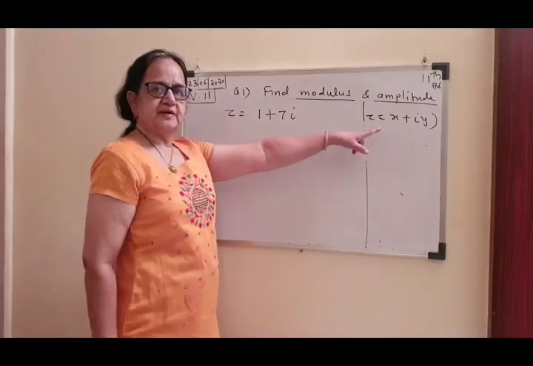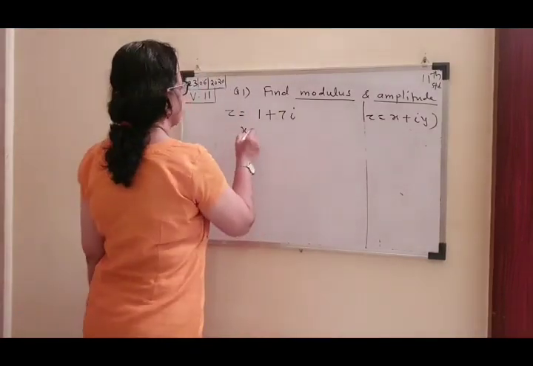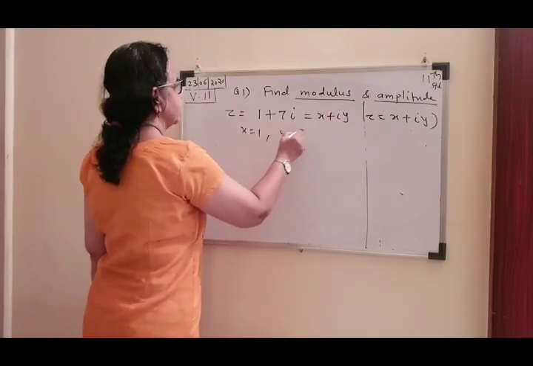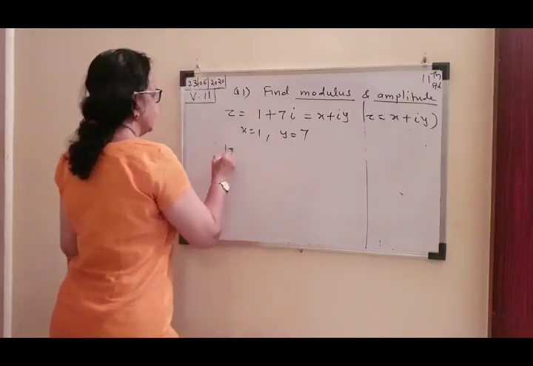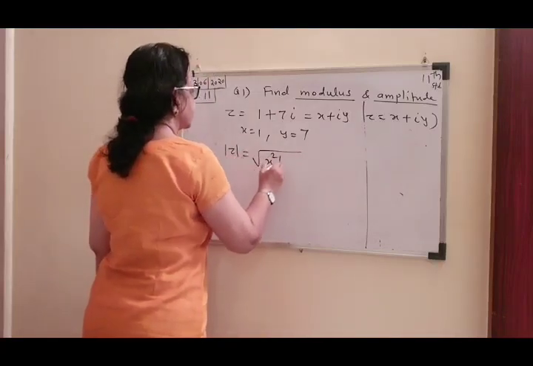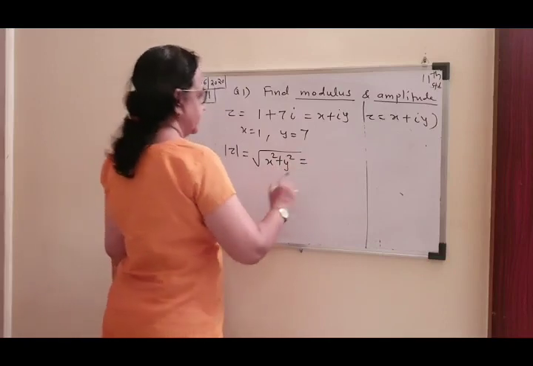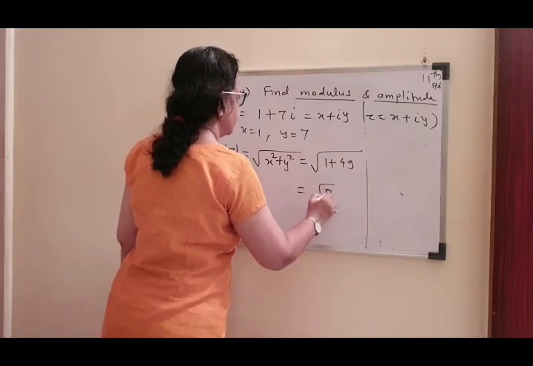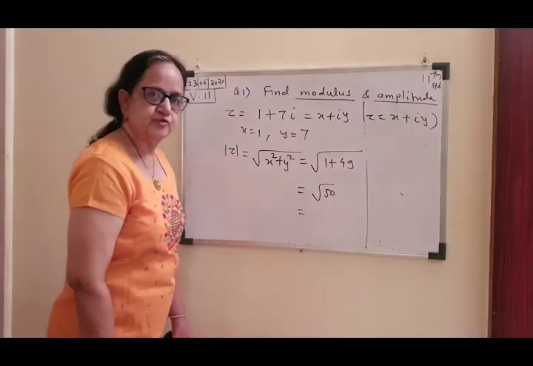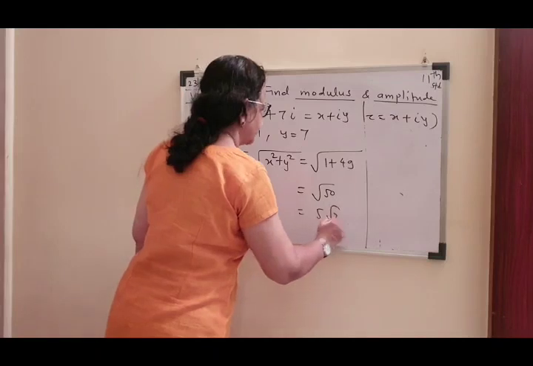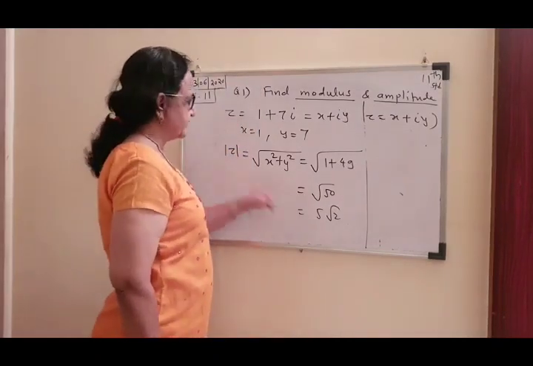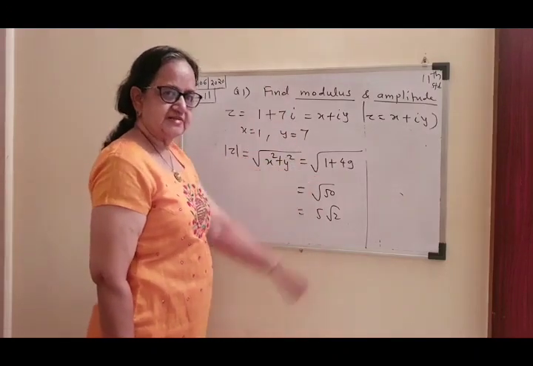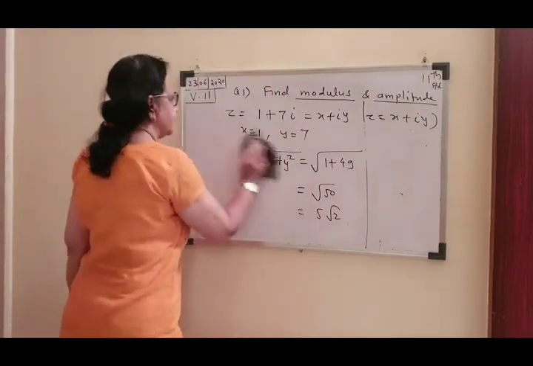Now it is in the standard form, x plus iy. So x is equal to 1. So you can write in the exam, this is x plus iy. So x is 1 and y is 7. So modulus of z will be under root x square plus y square, which will be under root 1 plus 49. So it is root of 50. 25 twos are 50. Root 25 is 5. So 5 root 2. Now mod is always positive because it is a distance of that point from the origin, and distance is always positive. So no question of any plus or minus.